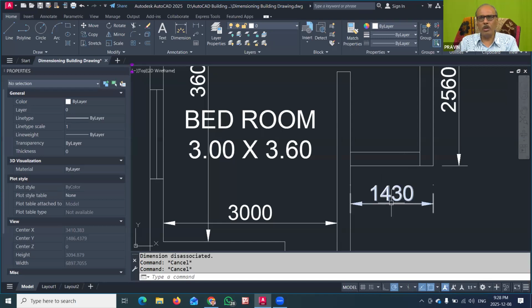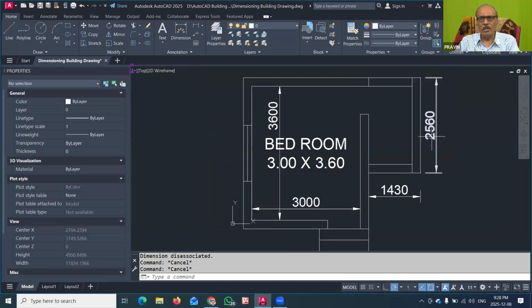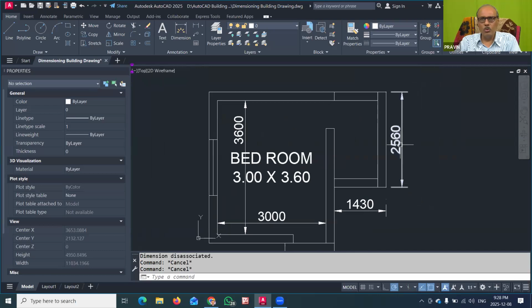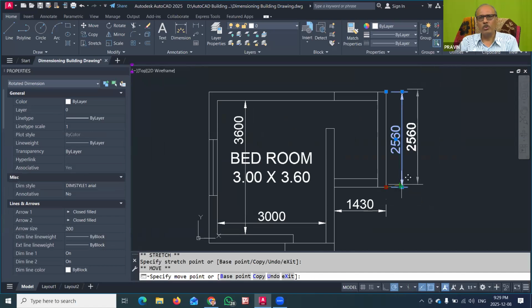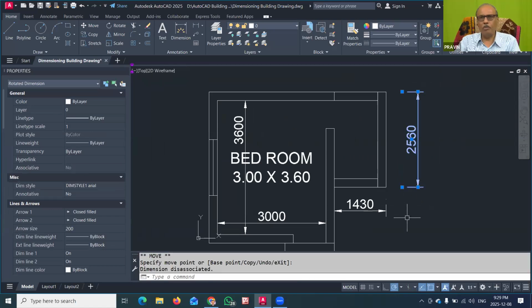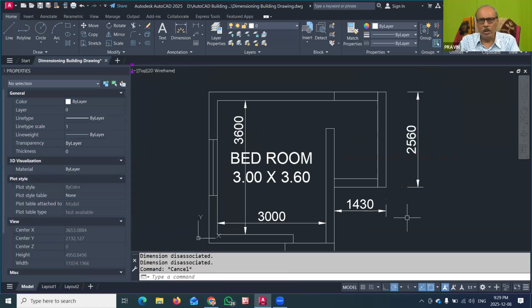This can also be done if you feel that the dimensions are too close to the object. You select that dimension, click on any of the origin, and then using the grip mode, start the move command, and you can move it aside. So this dimension gets placed aside of the building drawing. With proper spacing, you can show the dimension all around this.